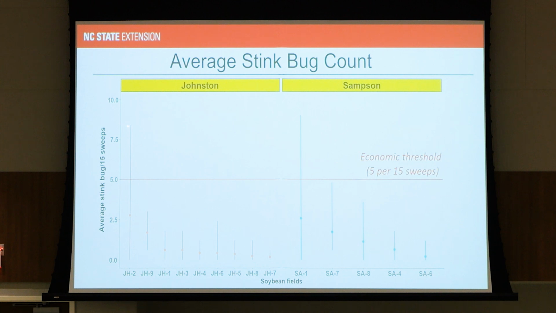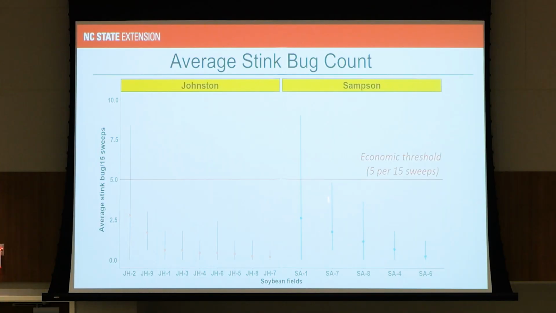So as Rod pointed out, variation is part of the puzzle, not just our average. So while our average is below the economic threshold, if you happen to jump out of the truck and sample one corner of the field and you found, whoa, I'm way above threshold, it's not the whole story, right? And so making good decisions about what the average is, is important. So this is the average among our 10 sampling spots, et cetera, boiled down into our economic threshold. But it's important to note that you could either make a bad decision and miss a bunch of stink bugs, or a good decision and detect stink bugs, but really accurately sampling across the field is going to be important,